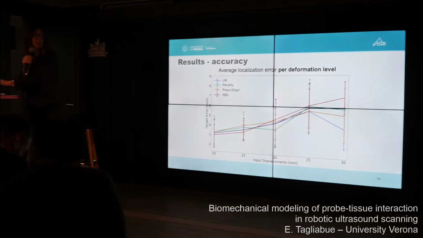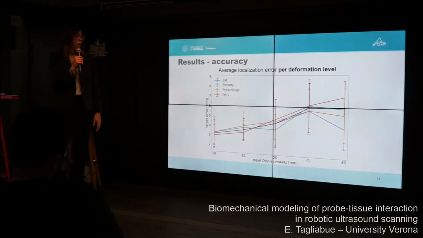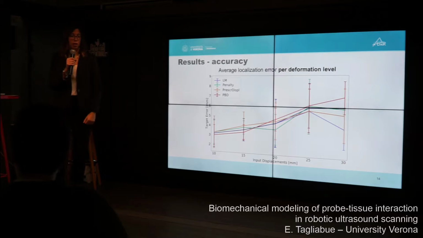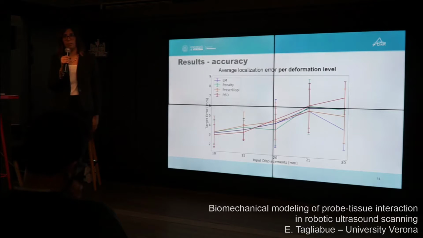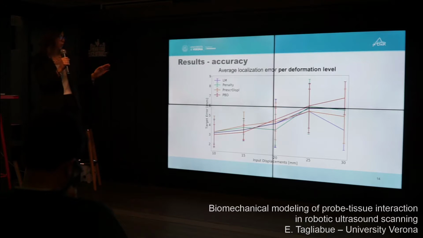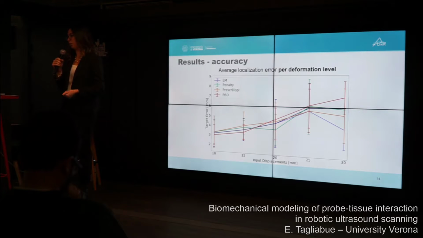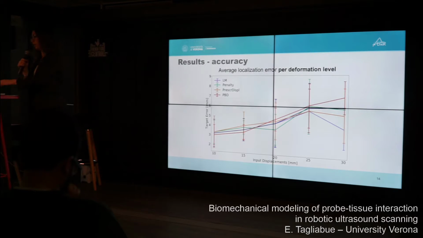So here are the results we obtained. From an accuracy point of view, all the methods get errors which are aligned. What we can notice is that the error actually increases with increasing extent of input deformation. I think that the most interesting results are those related to the computational time and the stability of the